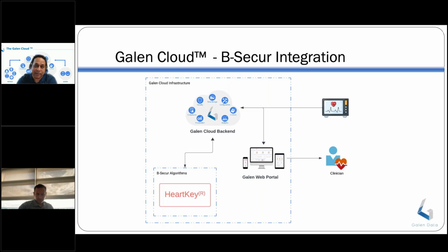So you can do signal processing, for example, and then take that cleaner signal into the rhythm detection and stuff like that. So you can chain them. The idea is that you build your offering with these pieces or tools offered both by Galen and HeartKey and by B-Secur. But essentially that'll be available, and then that signal can be recorded back or saved back into the Galen cloud,